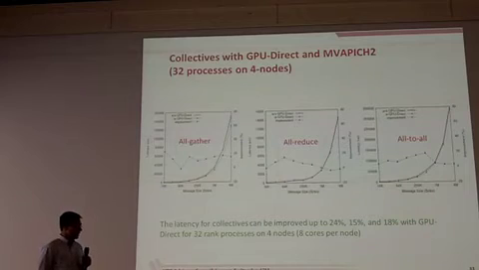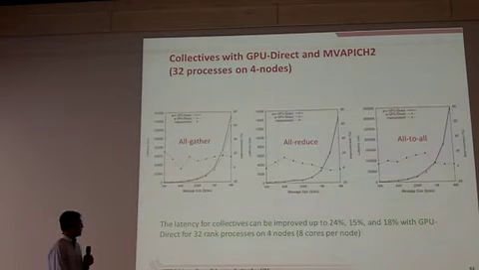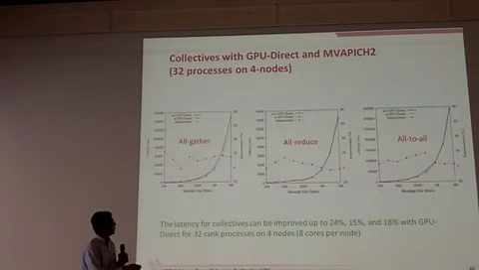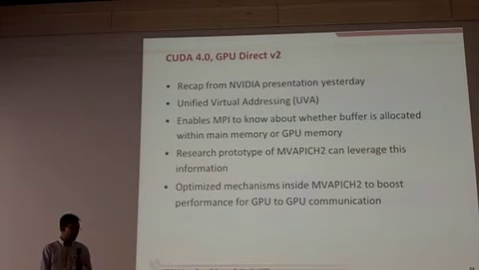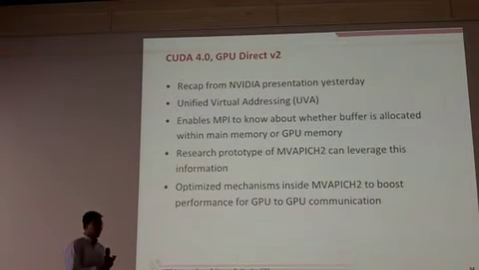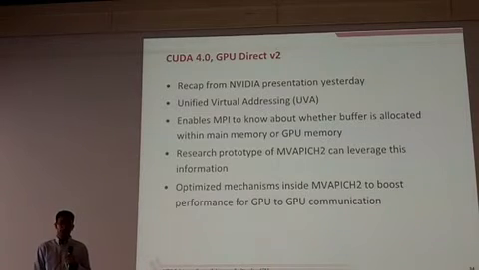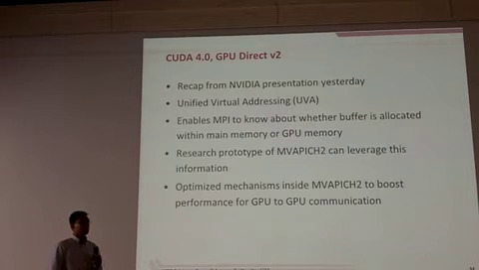And then even with collectives, you can see a lot of improvement with up to 25% in the case of all gather, and some in the case of all reduce, all to all, and so on. So GPU Direct V1 is actually helping a lot. Now, what is new in CUDA 4.0, and what is new in V2, which is of more interest? So just to have a recap from the NVIDIA presentation yesterday, it has unified virtual addressing,